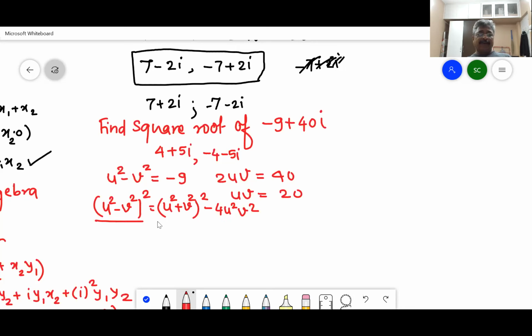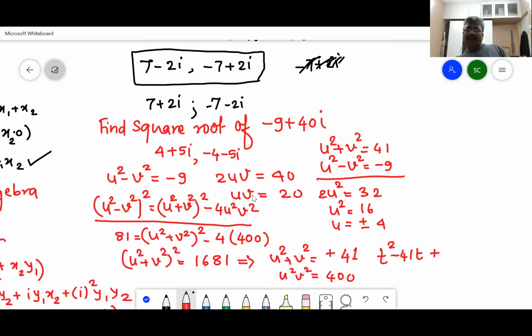Correct? No, sir. We can take the other complex number, the one with the positive imaginary part. The product uv is 20, which is positive. Yes, sir. Imaginary parts u and v should have the same signs. Because uv is 20, u and v should have the same signs.